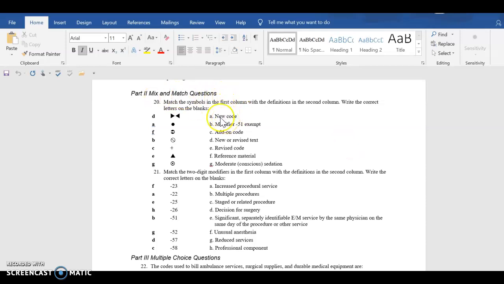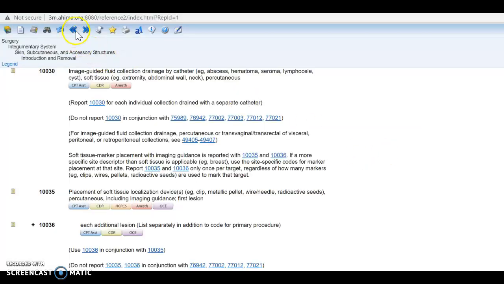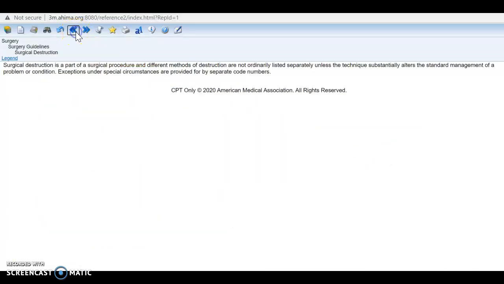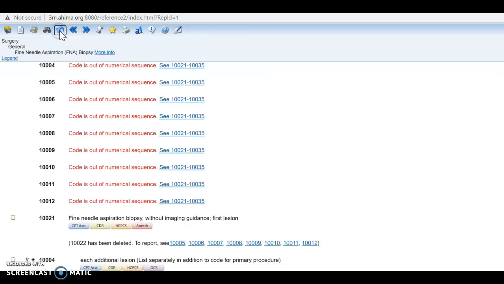New code. Okay, what does a new code look like? These are different things that could be on your exam. So a new code is a bullet. A modifier 51 exempt, we will talk about that. So that is going to be a circle with a line through it. Add-on code, we'll talk about that. Plus, so these are at the bottom of the CPT book. In the electronic version, these codes here, if I go back